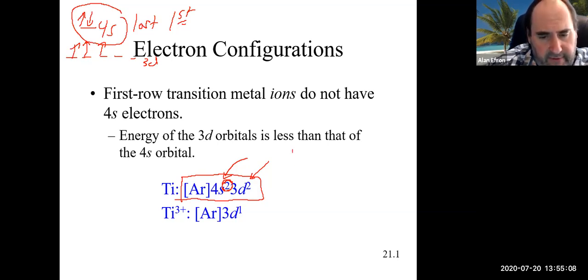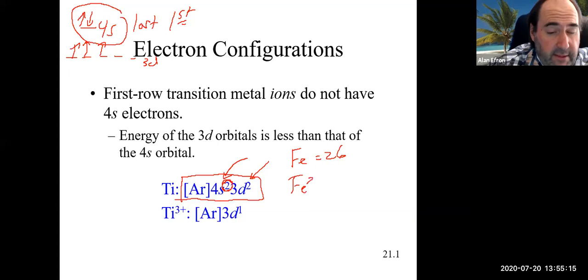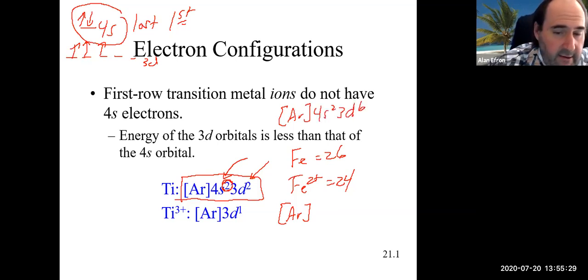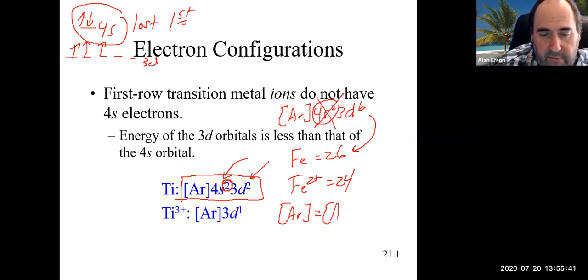Same thing with our iron, for example, which is 26, as we saw. If we had iron with a +2 charge, that means it would have 24 electrons, which means its configuration would be, we'll start here again, argon 4s2 3d6, which would be iron's configuration. Now, when it becomes +2, it is going to lose these 2 electrons first, and the configuration would be argon